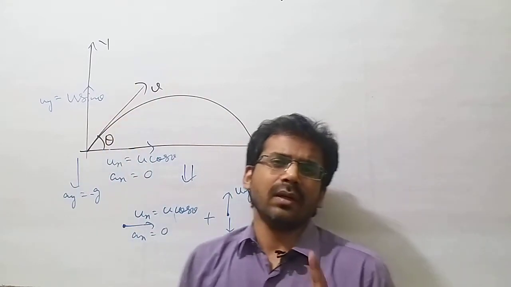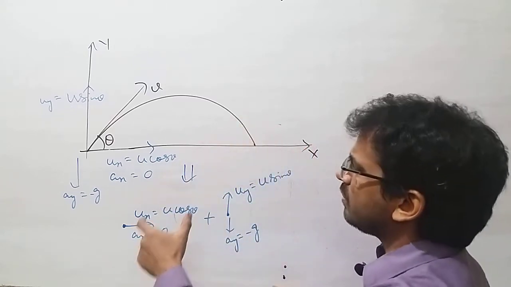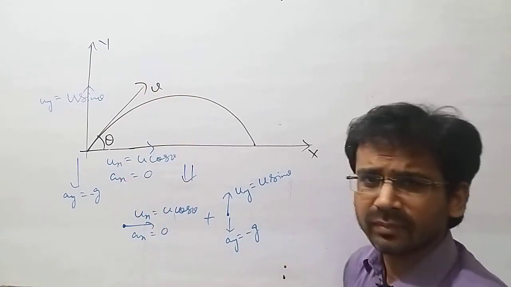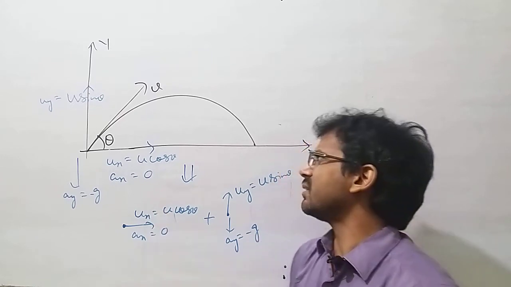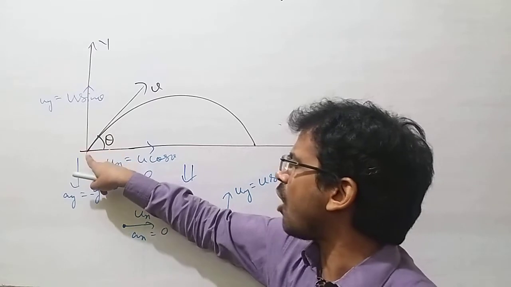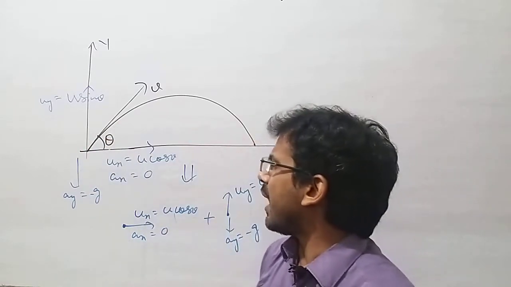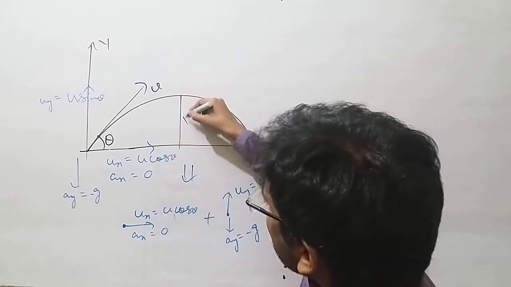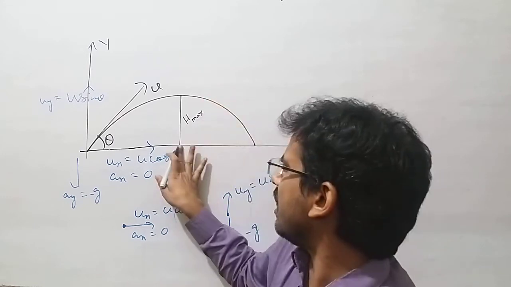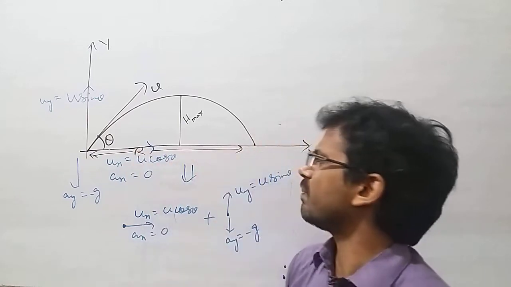So from now onward we will always solve projectile motion questions by breaking them into horizontal and vertical directions. In this case, we have to find the time of flight, that is, for how much time it was above the ground, what the maximum height was, and what its horizontal range was.